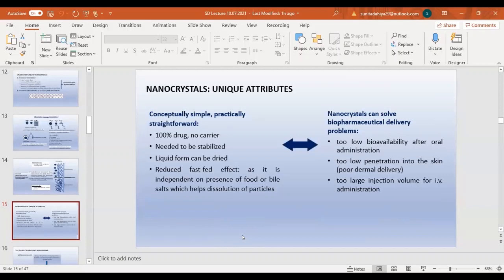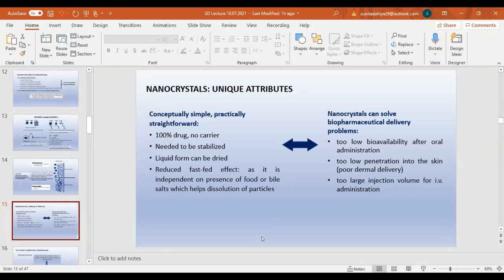be stabilized. Also, a nanocrystal in a liquid form is known as a nanosuspension. They can be dried and solidified using techniques like spray drying and freeze drying. These two are very widely used techniques to convert the liquid nanosuspensions into solid nanocrystals. And then those solid nanocrystals can be fabricated. As you process your normal drug, you can also process the nanocrystals, and you can have your dosage forms in terms of tablets, capsules, and many other dosage forms, even injectables.